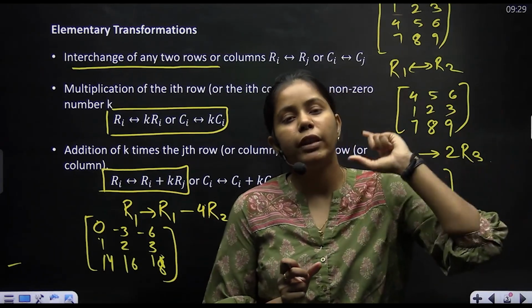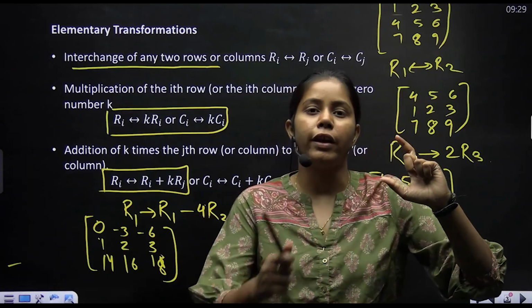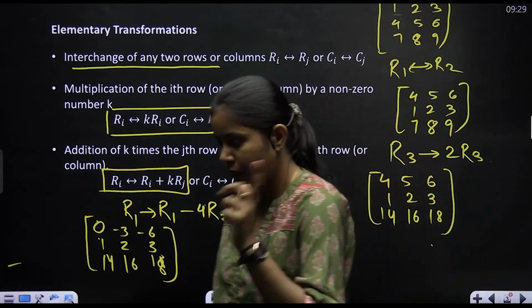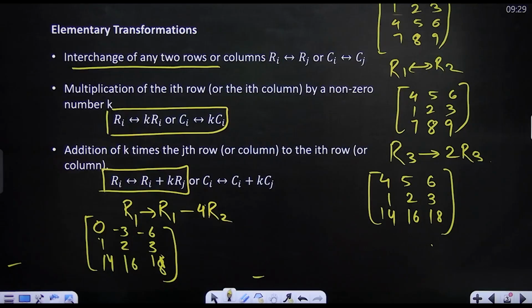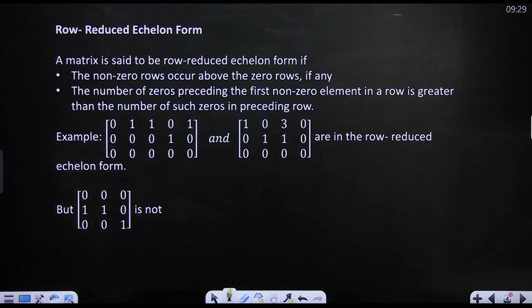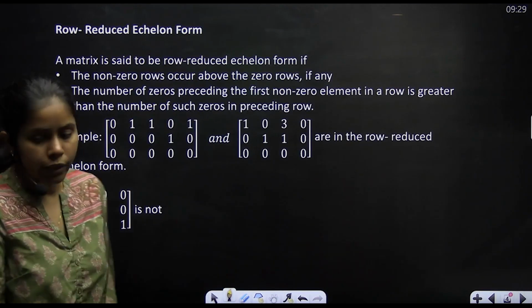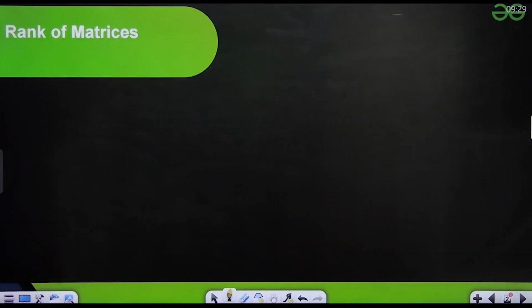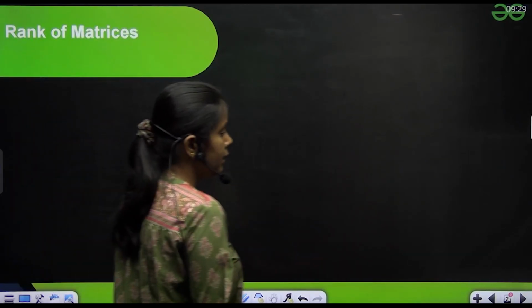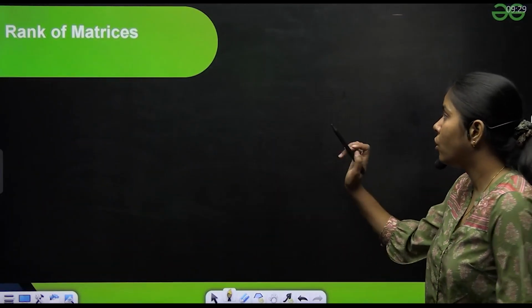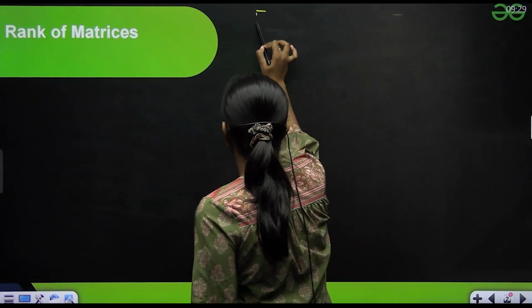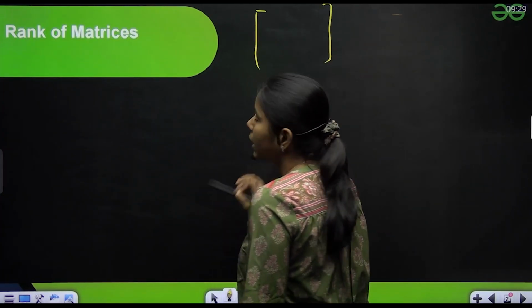Because with the help of row reduced echelon form, we find out the rank of a matrix. So let's see what row reduced echelon form is. When I talk about row reduced echelon form, what it says is that all the